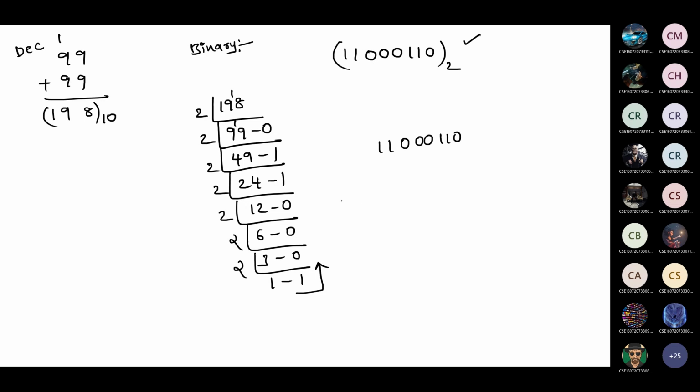So how are you representing 99? 99 in terms of binary. Tell me the answer of 99. How are you writing 99? 1 1 0 0 1. 1 0 0 1 1 0. Yeah, one second, slowly. 1 0 0 1 1 0 0 1. Okay.